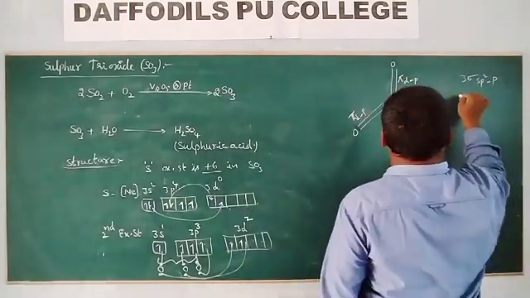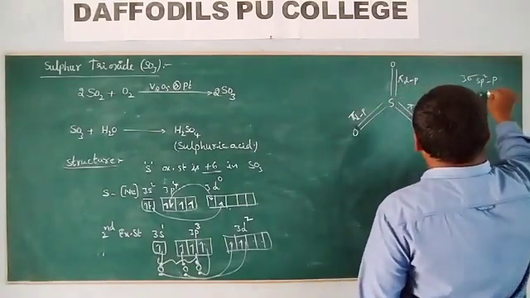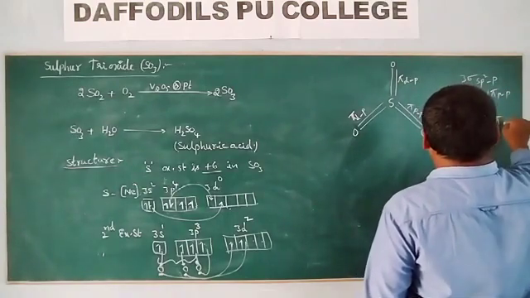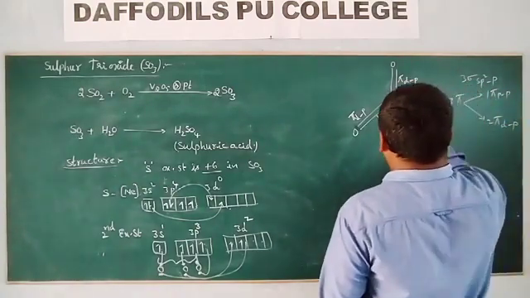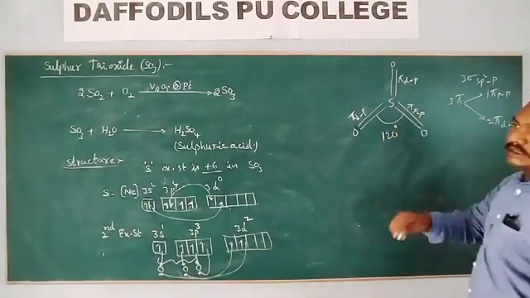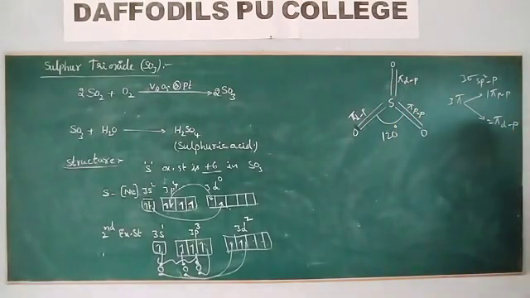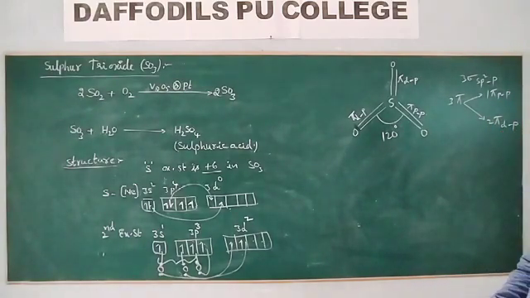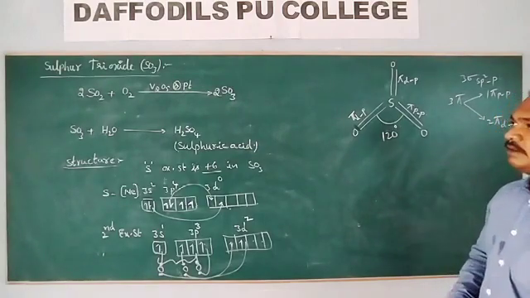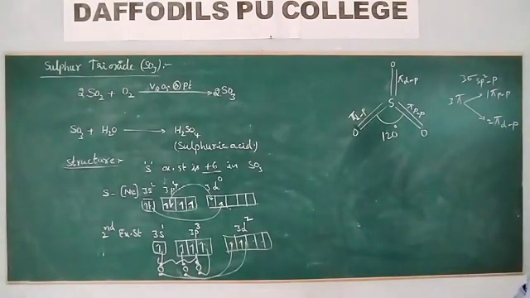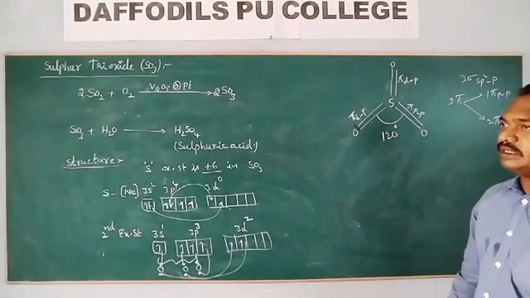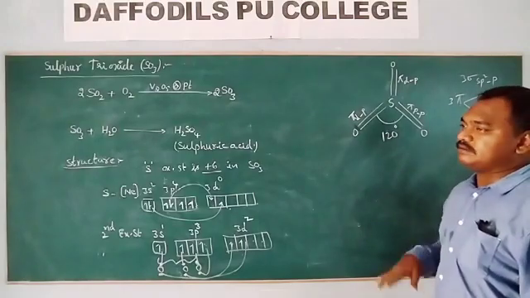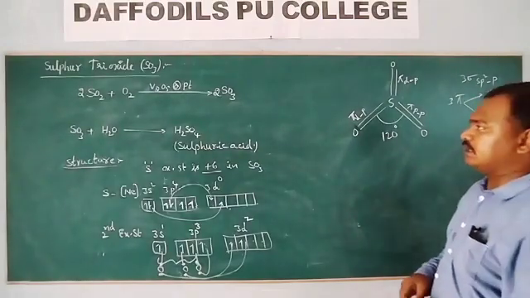So how many pi bonds do you have? 3 pi bonds are there. One is a pi pp bond. The remaining 2 are pi dp bonds. And the bond angle is 120 degrees. Sulfur trioxide does not have any lone pairs. So when no lone pairs are there, you can observe the regular bond angle. In sp2 hybridization, the regular bond angle is 120 degrees. So here in SO3 also we can see the 120 degree bond angle.